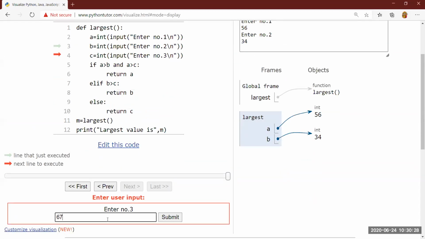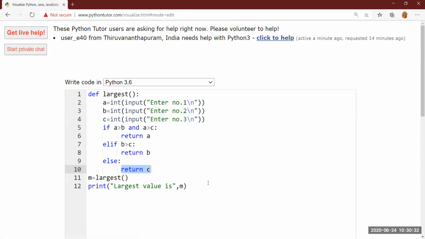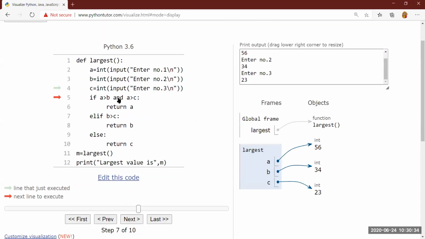Next input 34. Next input, suppose let me enter 23. Now see what will happen. First condition is tested. 56 is greater than 34, true. 56 is greater than 23. Both the conditions are true. From here only it will return. Line number 6 will be executed and then it will be returning. See now. Return